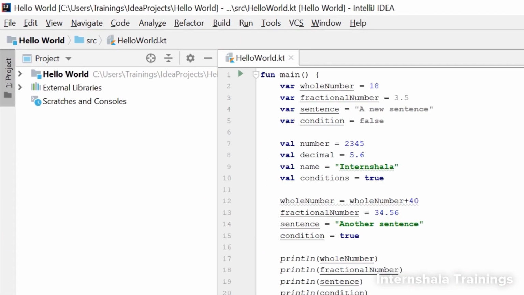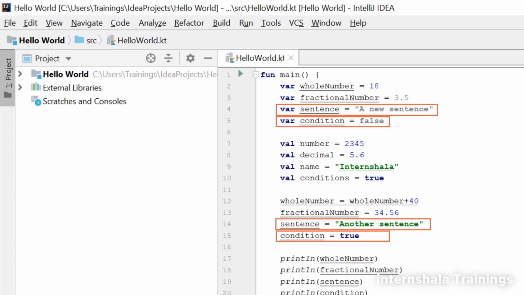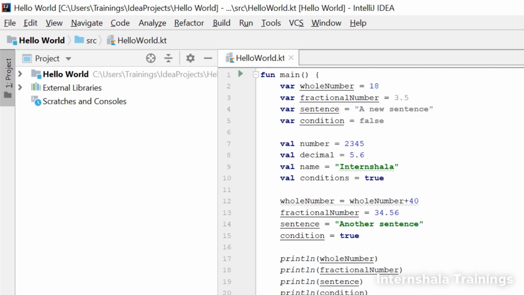Now, if you notice here, we have not changed the types of values that we assigned to these variables in the first place. So, for example, this variable had an integer value here and has an integer value here too. Similarly, this variable has a decimal number as its value at both these places. And it's the same for the sentence and boolean variable too. What does this mean? Can we not change the type of value that has been assigned to a variable once? Well, let's try to do so.